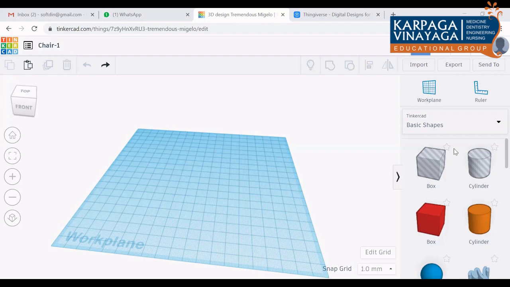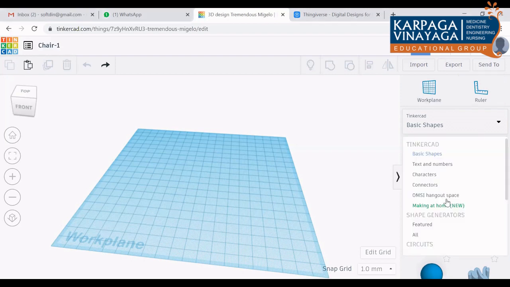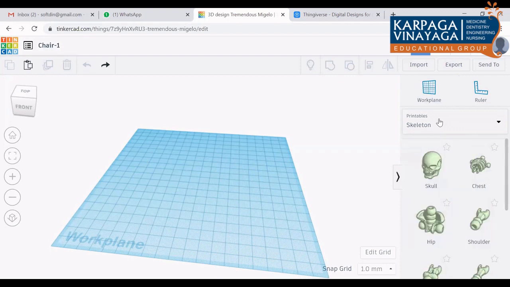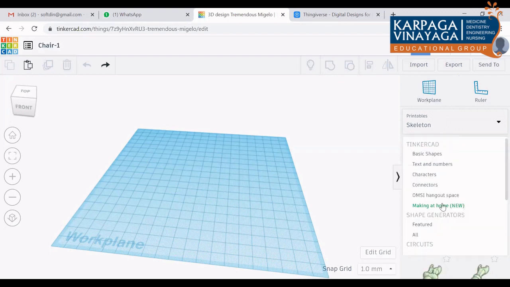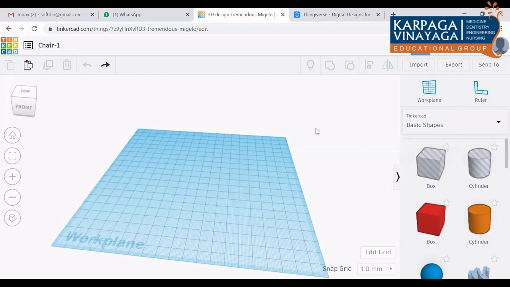You can see there are many very user-friendly objects which you cannot see in normal CAD software. You can design circuits, body skeleton parts, our body parts, like this. There are so many things here. That is a major advantage. You can use it only for 3D printing, not for any major mechanical components, sir.